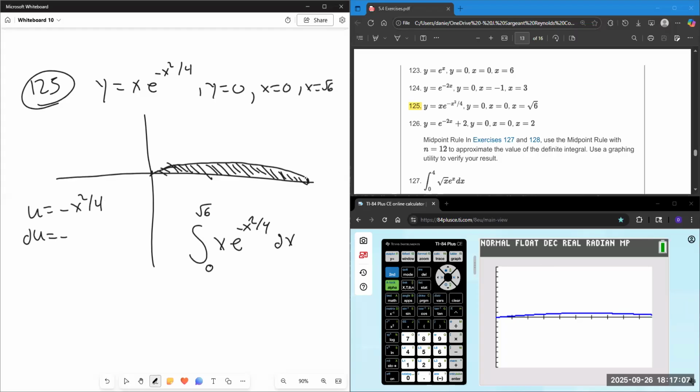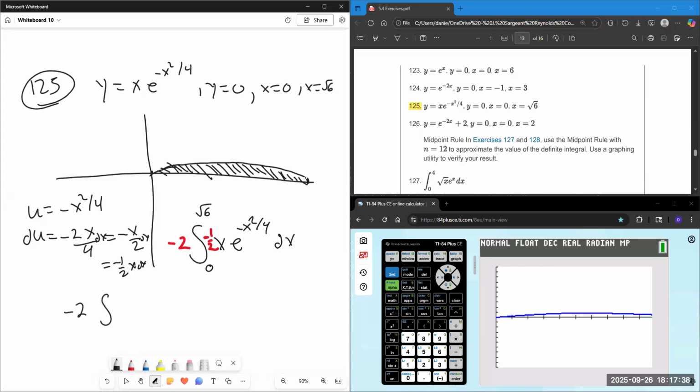Du will be a negative 2x over 4, or a negative x over 2, a negative 1/2 x dx. So negative 1/2 is my multiplier that I need. On the inside, negative 1/2, which means I need a negative 2 on the outside. So negative 2